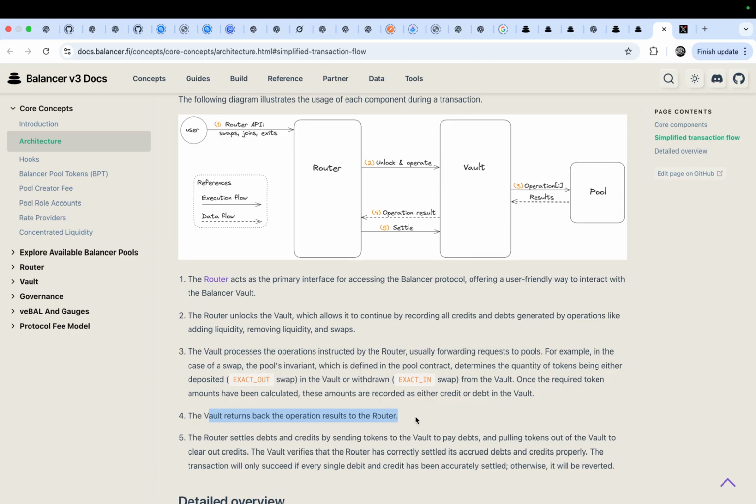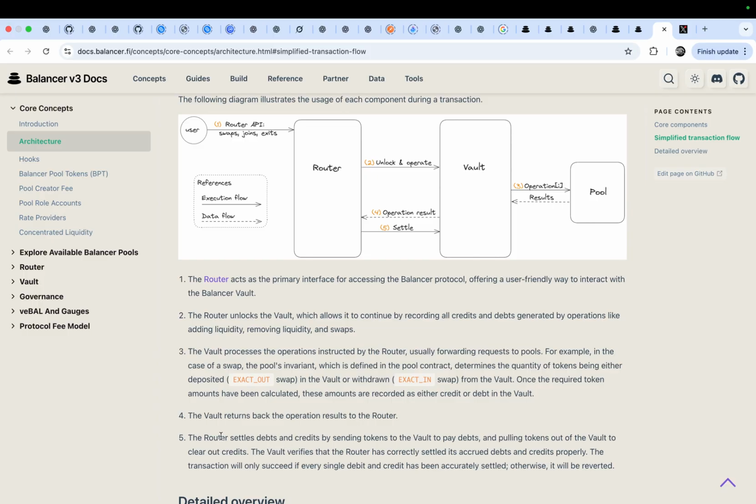That means the remaining amount of the tokens will be reported to the vault, and the router settles debts and credits by sending tokens to the vault to pay debts.